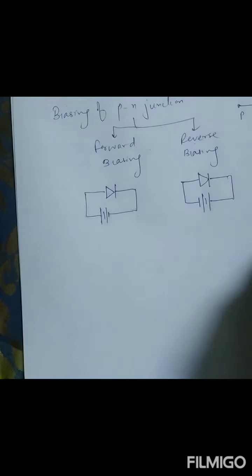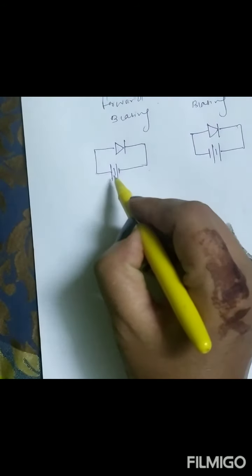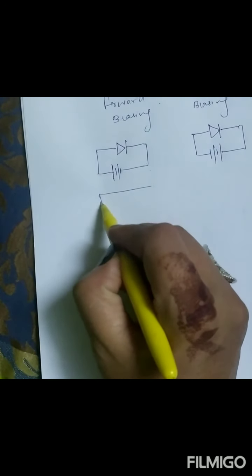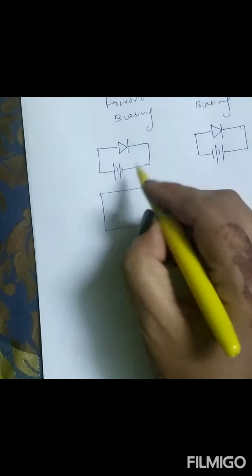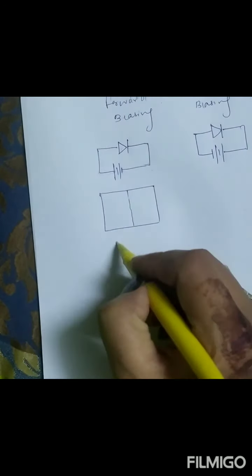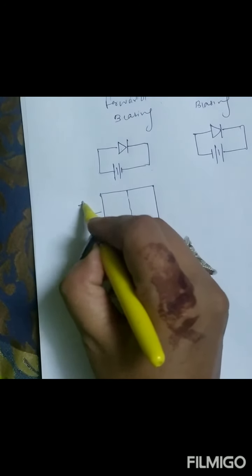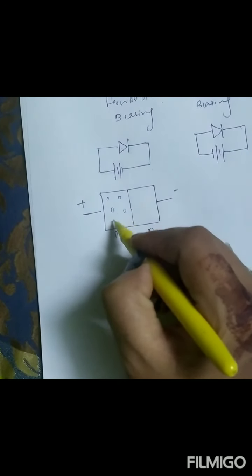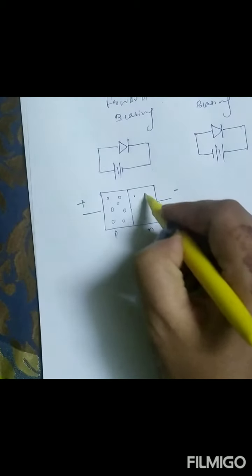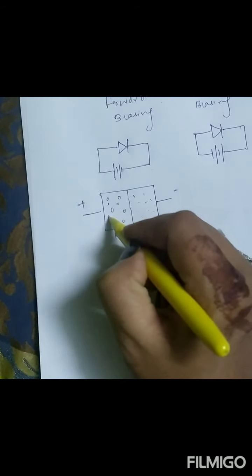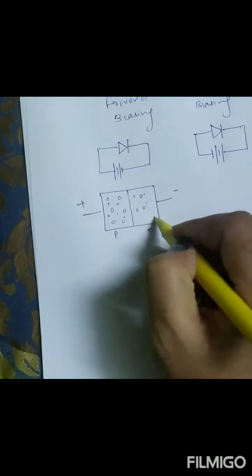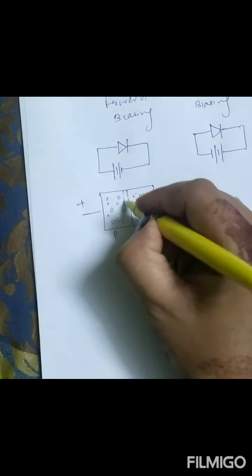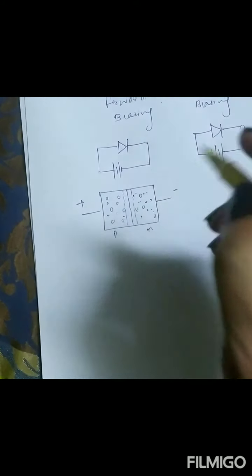What happens during forward and reverse biasing actually? So during forward biasing, I am drawing the diagram again to explain what happens. Now let us see what will happen here. So this is the p side, this is the n side, this is connected to the positive of the battery, this one is connected to the negative of the battery. Here holes are the majority charge carriers. Now I will not show the ions. Here electrons are the majority charge carriers. Here electrons are minority, so on the p side holes are minority, and on the n side electrons are majority. So this is the basic thing. In between there is a depletion layer. So this is your depletion layer.